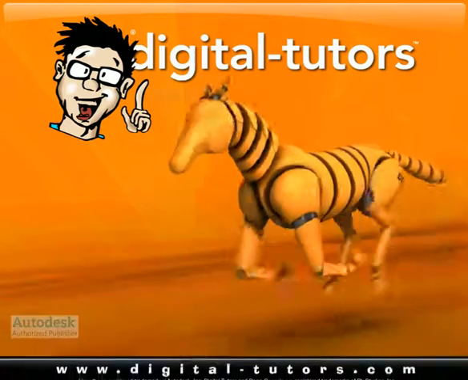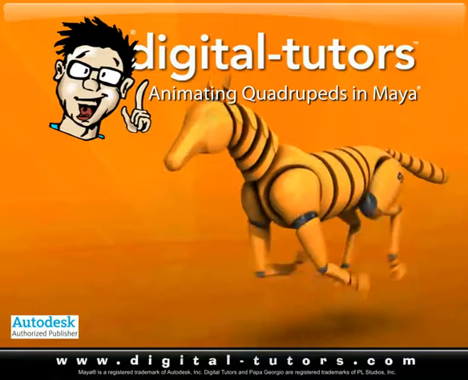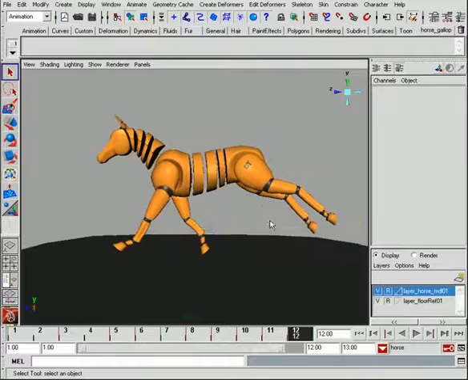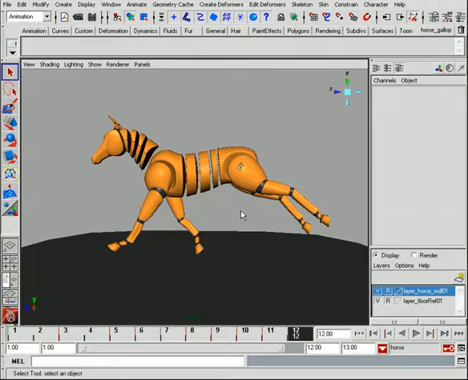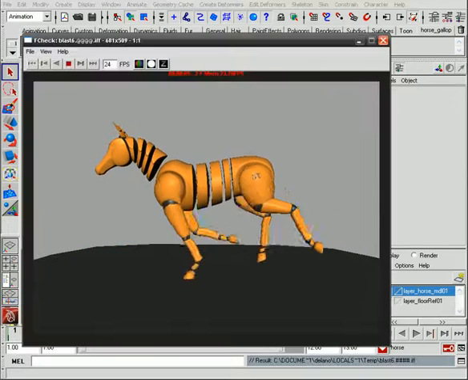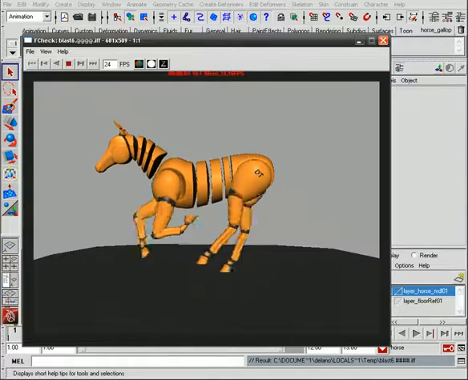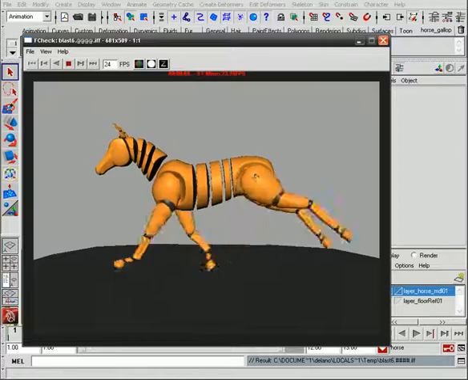In this lesson, we'll continue adjusting the flow of our limbs, bringing our focus now to the left pelvic limb. What we'll do to start out with is to do a play blast and see how our left back limb is flowing. Here it is. Okay, so what we're looking for right now is the arcing motion in the back leg, and